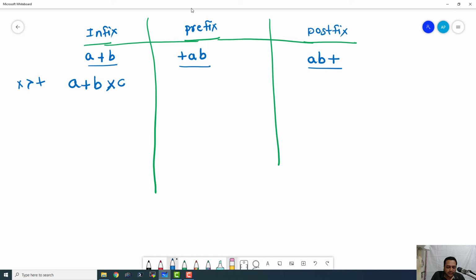So we have to evaluate this B multiplied by C first. So what we are going to do, let me say the multiplication sign is like this, so that the people who are from the programming background will find it easy to understand. So this is the multiplication sign. We will say B multiplied by C. Okay. So this signifies that B is multiplied by C and this entire stuff is added with A.